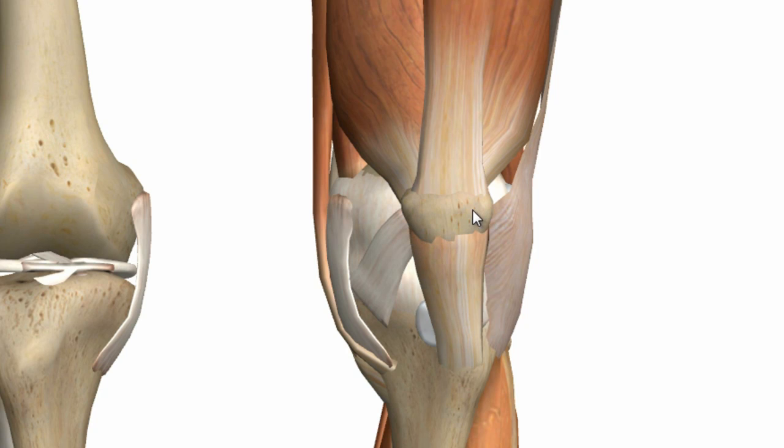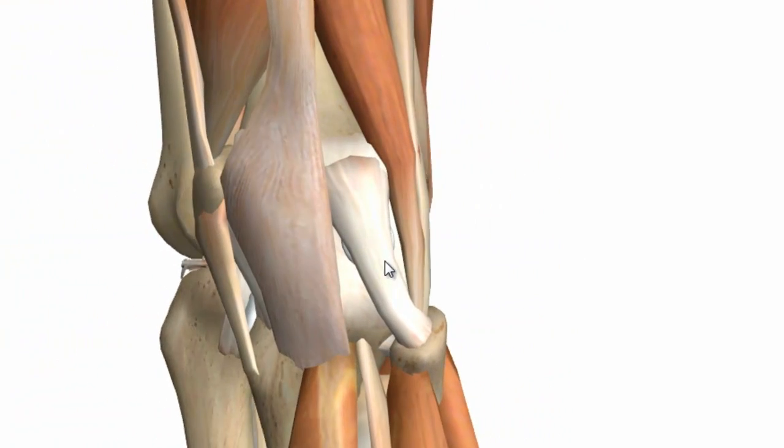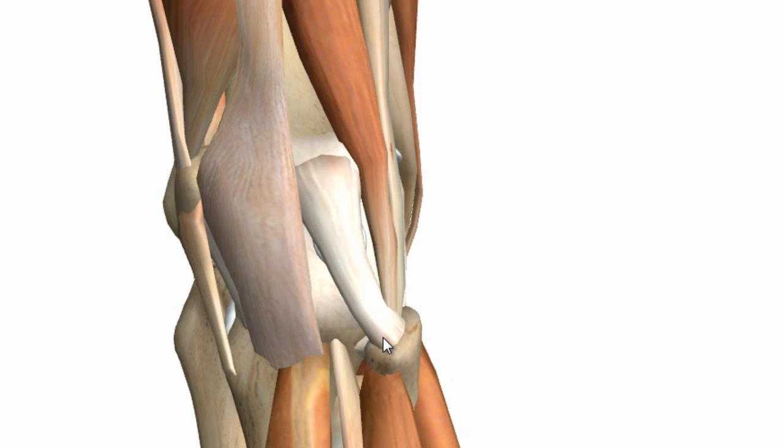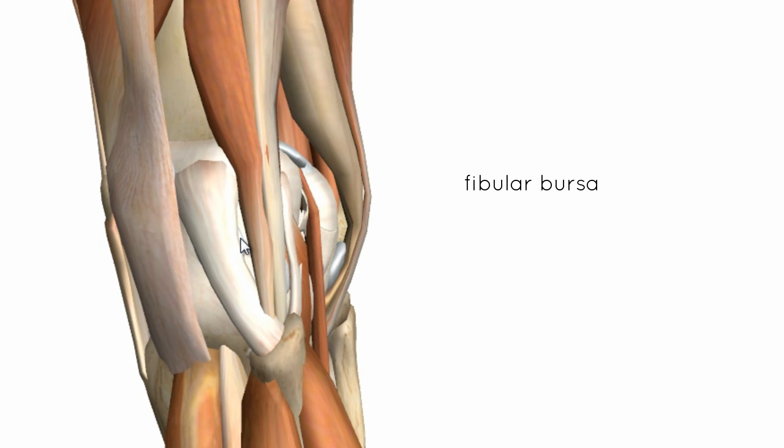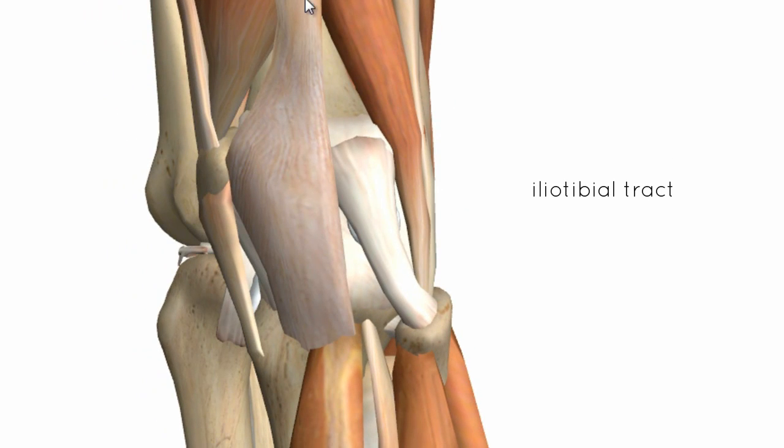And either side you've got extensions from these two muscles, the vastus medialis and vastus lateralis, which contribute fibres to this fibrous joint capsule, which are called retinacula. So that strengthens the capsule anteriorly. And laterally we've got the lateral collateral ligament, the fibular collateral ligament, but there is actually a space between this and the joint capsule. So there's a bursa underneath the fibular collateral ligament called the fibular bursa, which separates it from the joint capsule. But it is reinforced by this tract of fibres, the iliotibial tract,